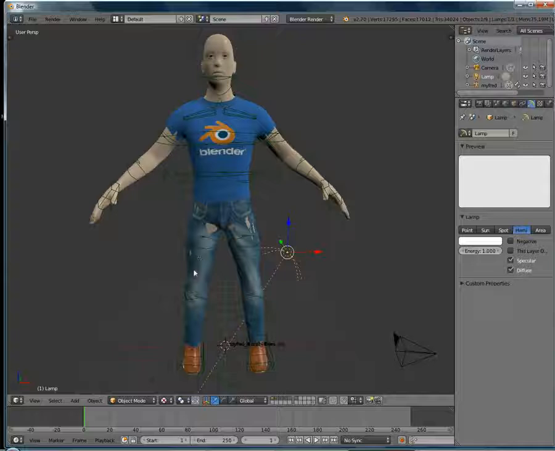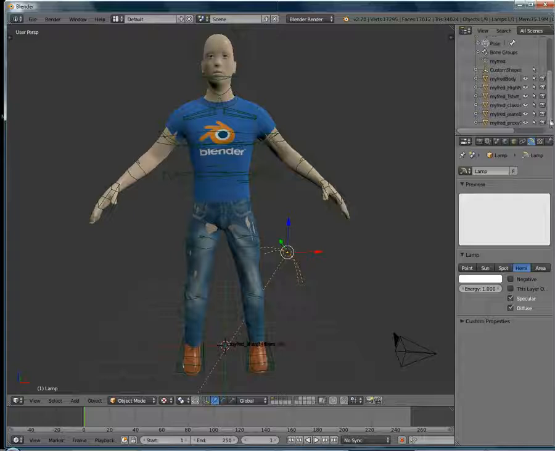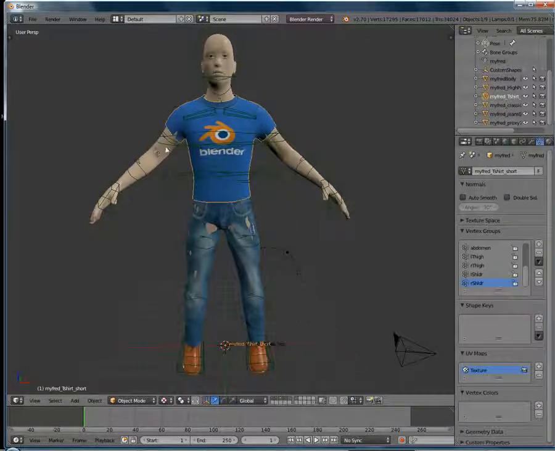Alright, now we need to go in and fix where the body's showing through the clothes. We're going to do that with the shrink wrap modifier. So let's go over here and let's adjust this down. I'm just dragging. This is the scene hierarchy here, the scene navigator. I'm going to go ahead and expand the MyFred object. And we see the body, the eyes, the shirt, the shoes, the jeans, and then the low poly mesh right there. So let's begin by choosing the t-shirt. We want to make the t-shirt fit on the high poly